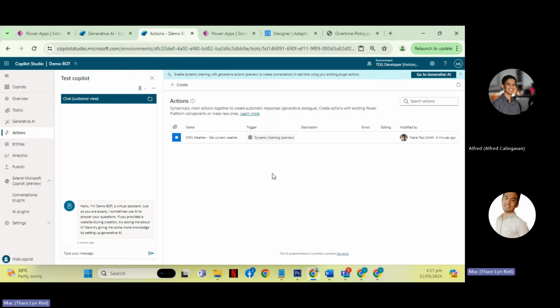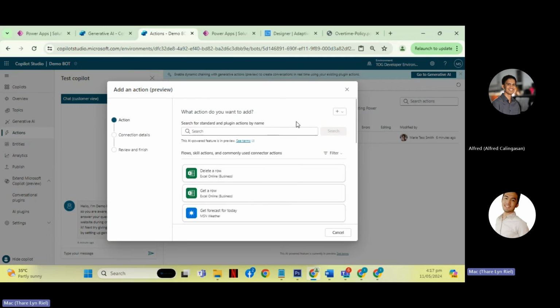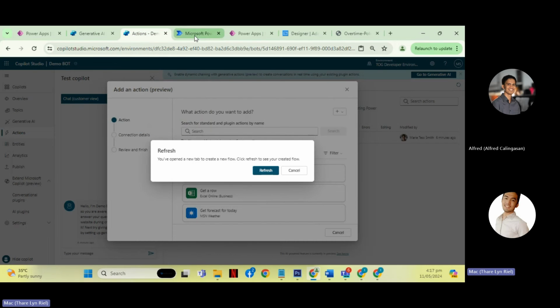That is one thing. You can use it directly, or you can also use it on a flow if you want to add different actions that the AI plugin is not yet doing and you want to compile it into one action on the Copilot.